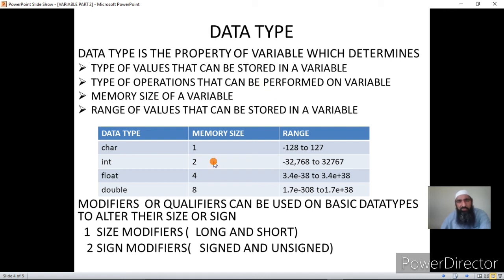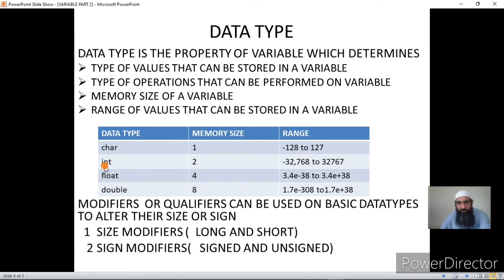What is the biggest value or the maximum value that can be stored in a variable, and what is the minimum value that can be stored in a variable? Now character variables have the range of -128 to 127. Why are these numbers? Because in computers we cannot store alphabets. These alphabets are to be stored in binary, and binary numbers are numbers.